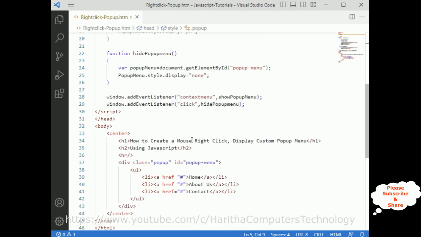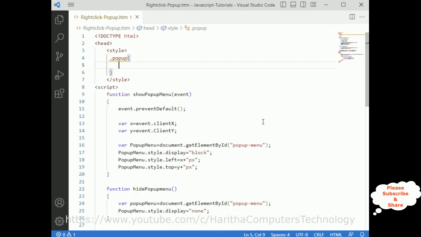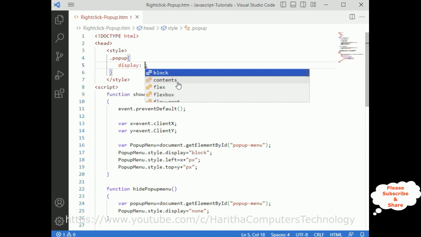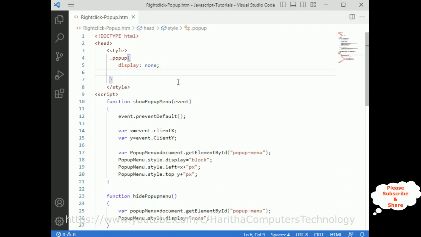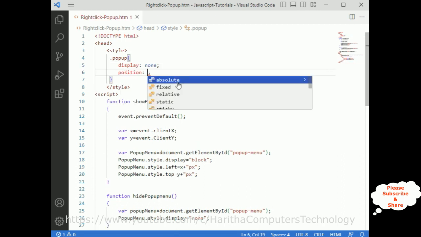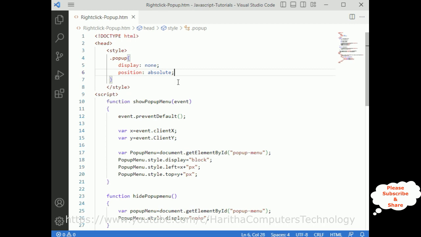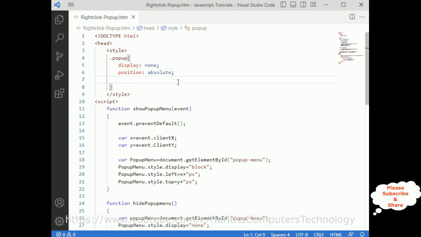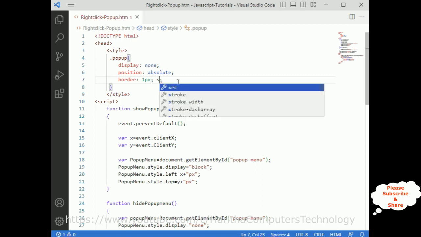Now the styles are: display, first I want to display none, position absolute. After that, the border I am adding 1 pixel solid black,